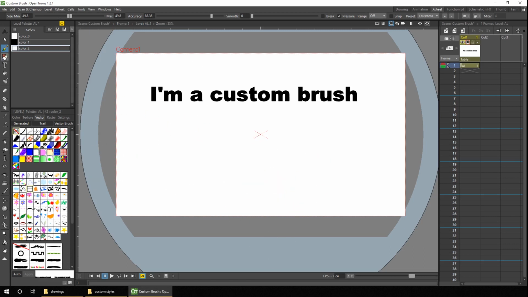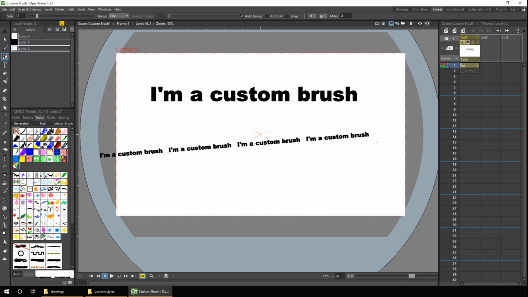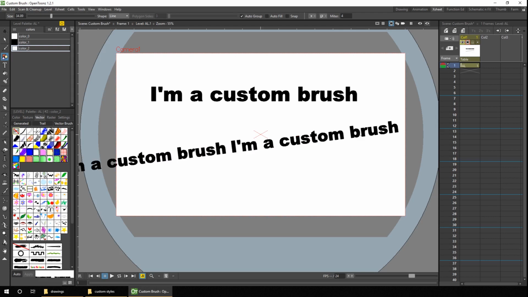And your custom brush also works with the geometric tools, so if I choose a single line in here, I can draw a straight line, and it'll use your custom brush, again increasing the size to increase the font size, and it gets larger. And even though this is drawn as text, it is still actually only a line behind the scenes, which means you can use all the tools on this custom brush line as you do on a normal line. So for instance, if I change to the control point editor, I can then select that line,